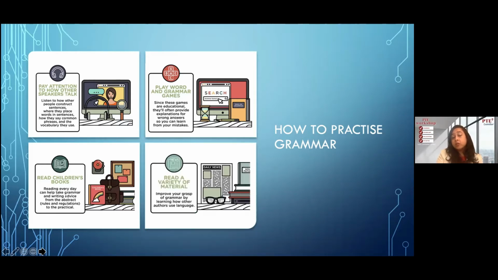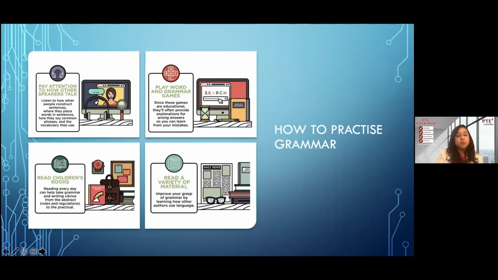Read a variety of material. So if you are an intermediate level learner or a proficient level learner, and you just want to keep practicing your grammar knowledge, like you are very confident in your knowledge and you know everything, in that case only, read a variety of other material. For example, higher level journals, research papers, newspapers, novels,